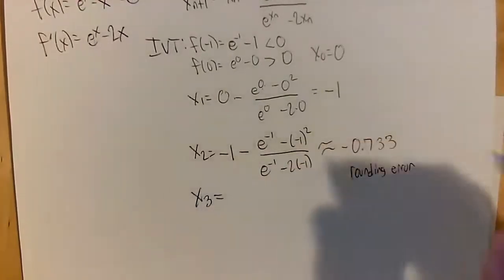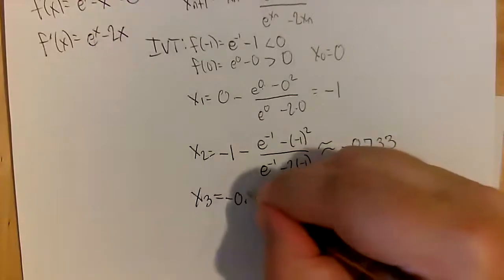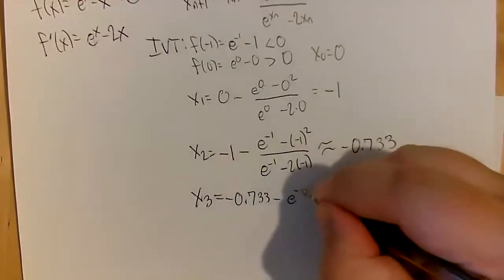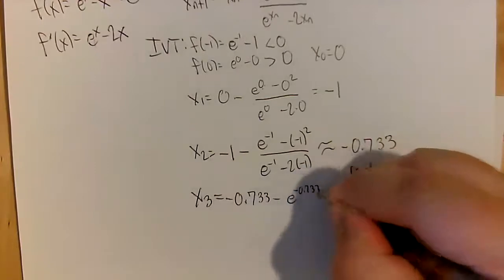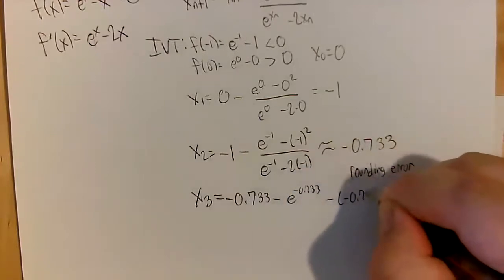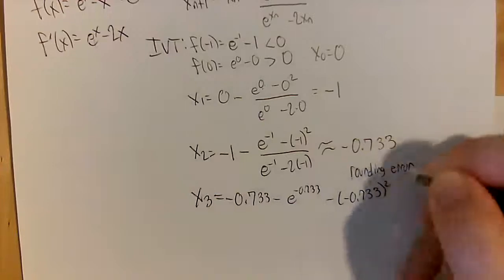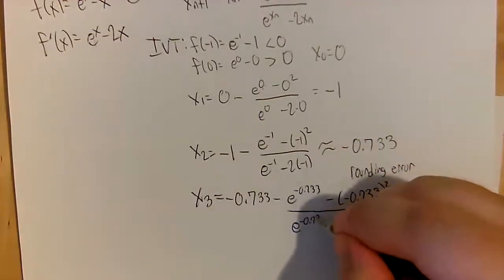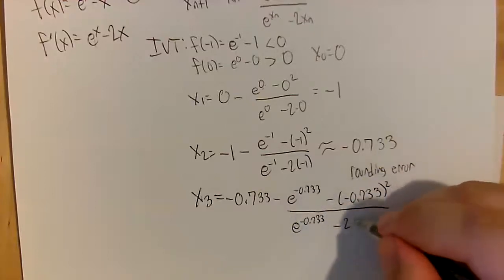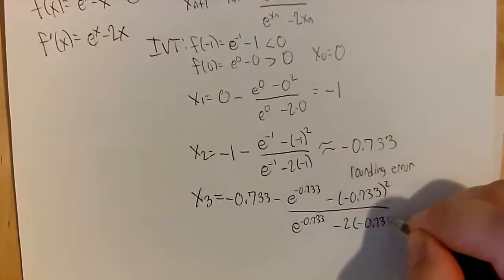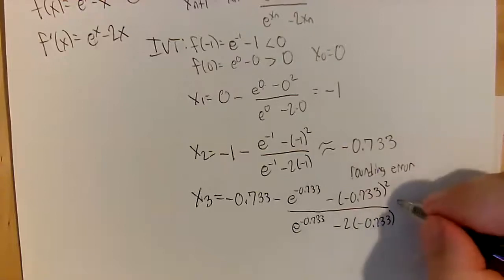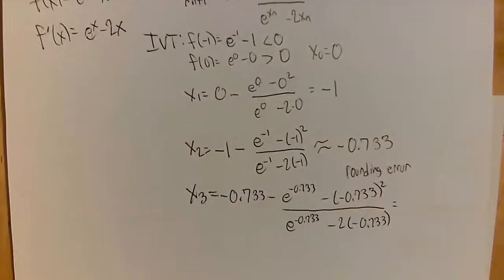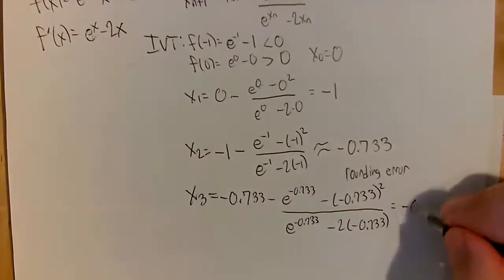All right, now we'll move on to x sub 3. So we have -0.733 minus e to the -0.733 minus that squared, divided by e to the -0.733 minus 2 times -0.733. And once again, I used a calculator to perform this, assuming my calculator has a good idea of what e is. And we end up getting